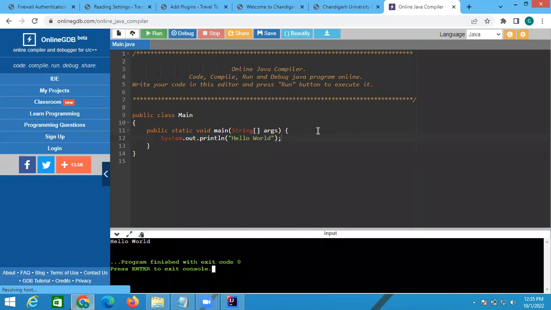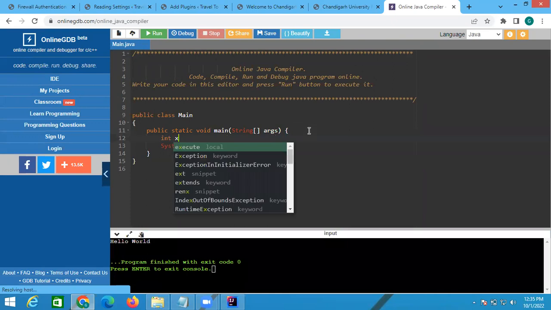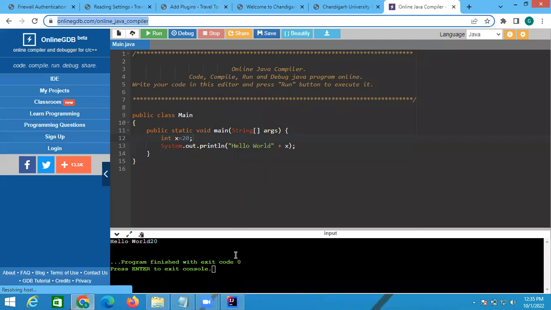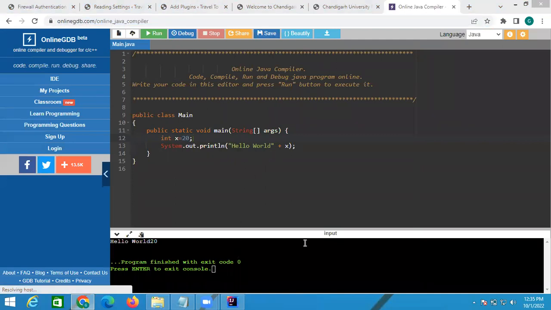और आउटपुट आ जाए। कुछ भी कोई वेरिएबल क्रिएट करना है, लेट्स सपोज करो मैंने क्या किया, एक इंट x लिया, x = 20। यहाँ पे क्या लिखूंगा? प्लस x, सिंपली लिखा, रन पे क्लिक करो और आउटपुट क्या आ गई? हेलो वर्ल्ड 20। ये इनिशियल लेवल के लिए आप कर सकते हो जब तक आप इंस्टॉल नहीं करते। ये भी मैं लिंक शेयर कर रहा हूँ चैट बॉक्स में, ठीक है।